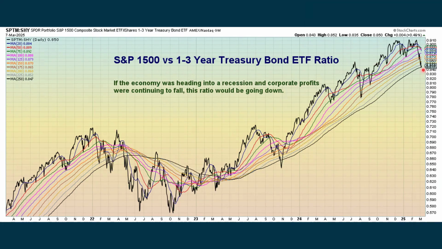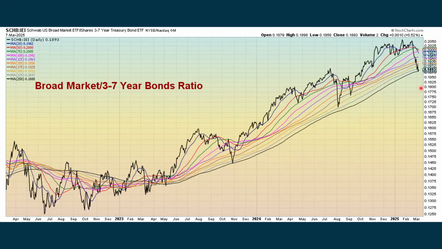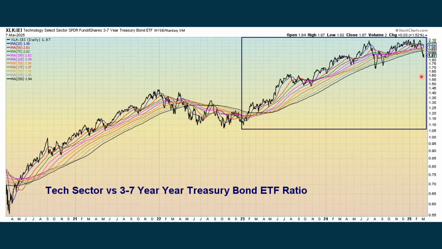rainbow, where it's kind of like we're getting to a point where something's going to have to happen pretty soon. Either we're going to bounce up out of these bottom end rainbows that we're seeing, or we're going to fall through it. And that's going to suggest a change in the overall climate of the market. Another broad market measure with further out bonds also coming down to the bottom end of the rainbow. The tech sector to 3 to 7 year bonds actually falling below the rainbow, showing more weakness with the tech